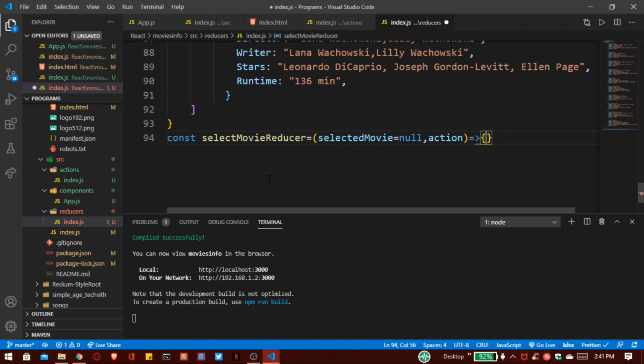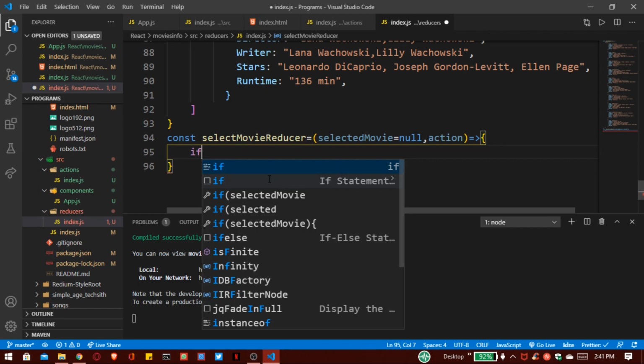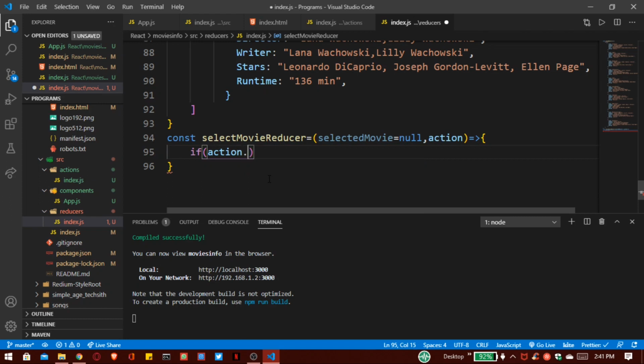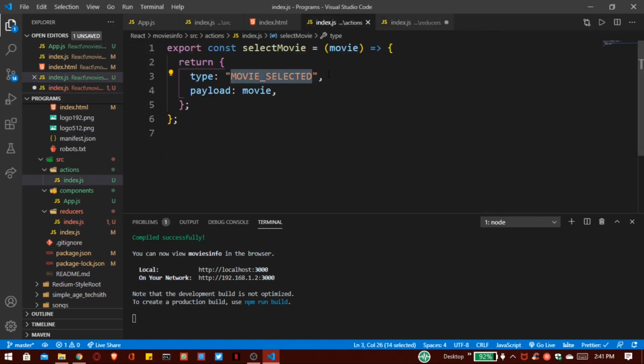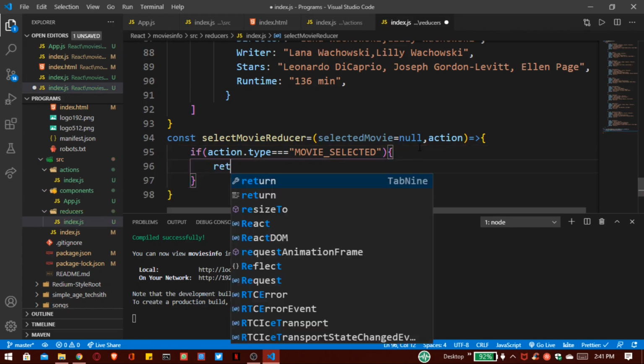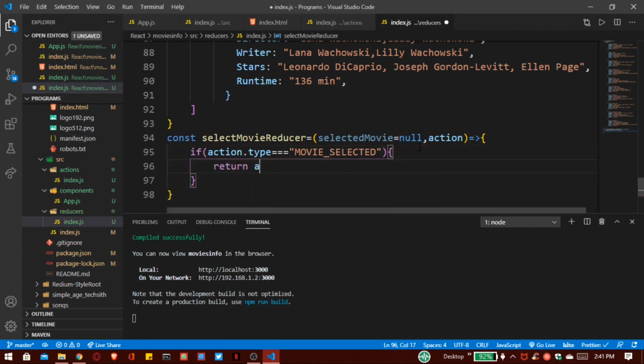I use the arrow function syntax, and here I want to pass the movie which we have selected. So here we have to write: if our action type is movie selected, that is our action, then we have to return that movie with that payload. So return action.payload,